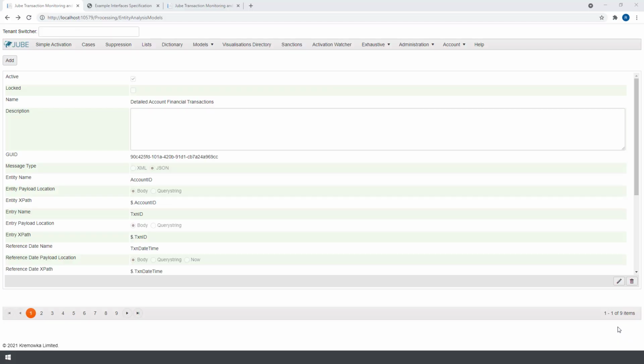In this video, we're going to discuss the real-time rule execution features of Jube. Jube is free software to detect, prevent, and investigate money laundering, fraud, and compliance breaches. We're going to pick up broadly where we left off, and we're going to discuss the real-time rule functionality of